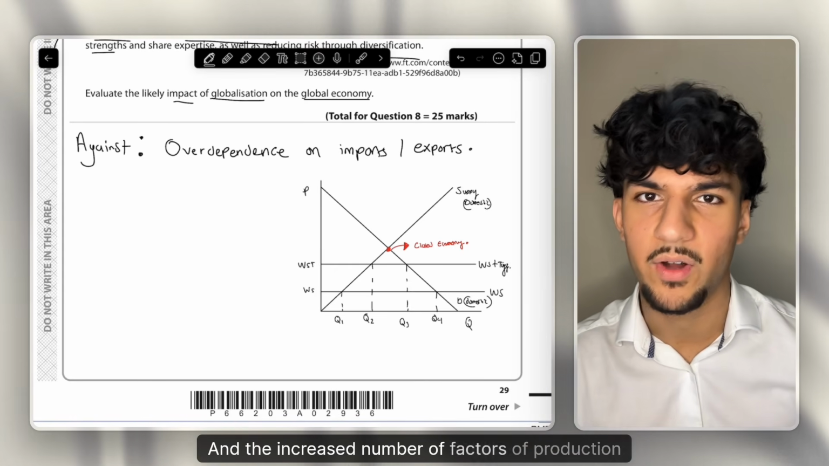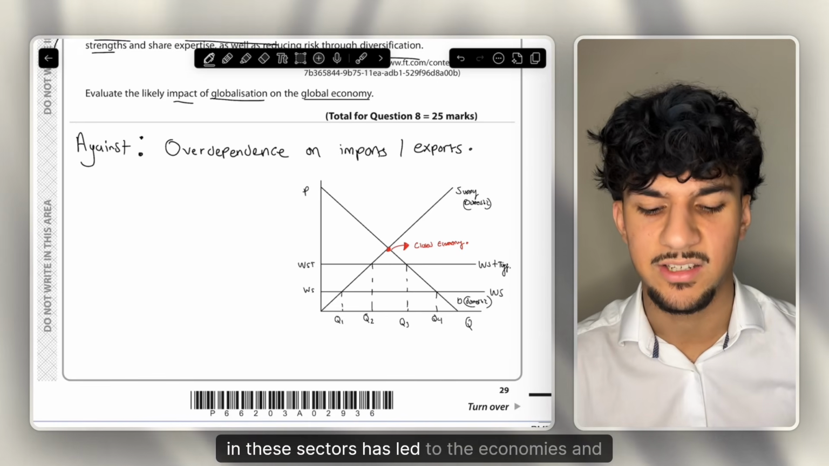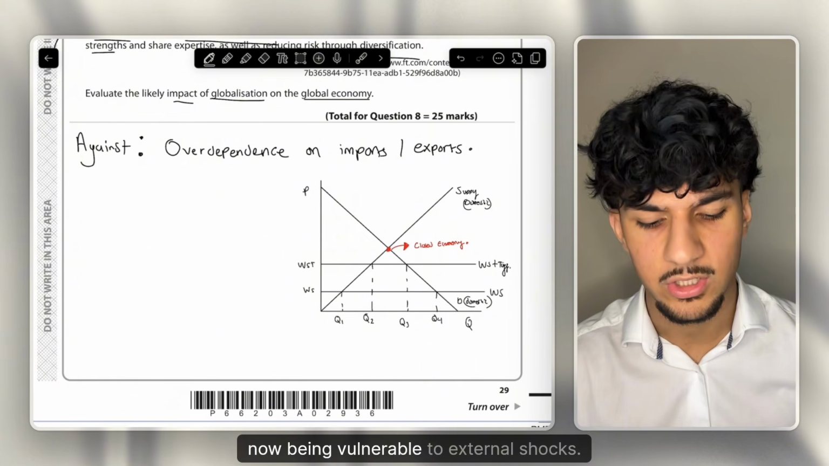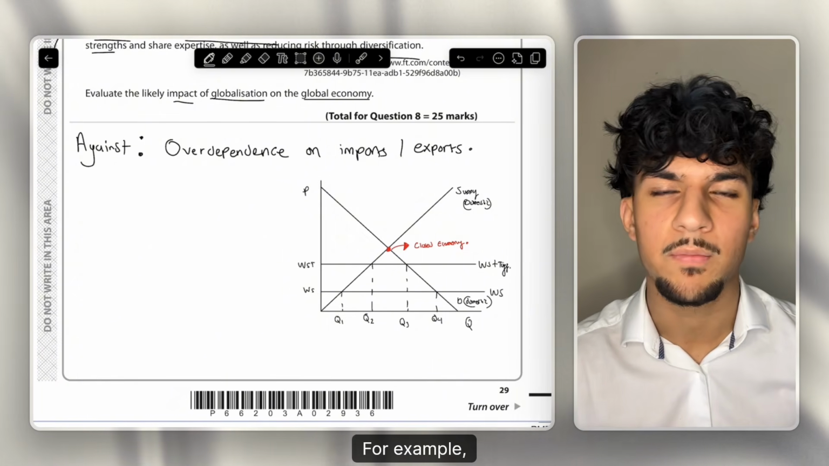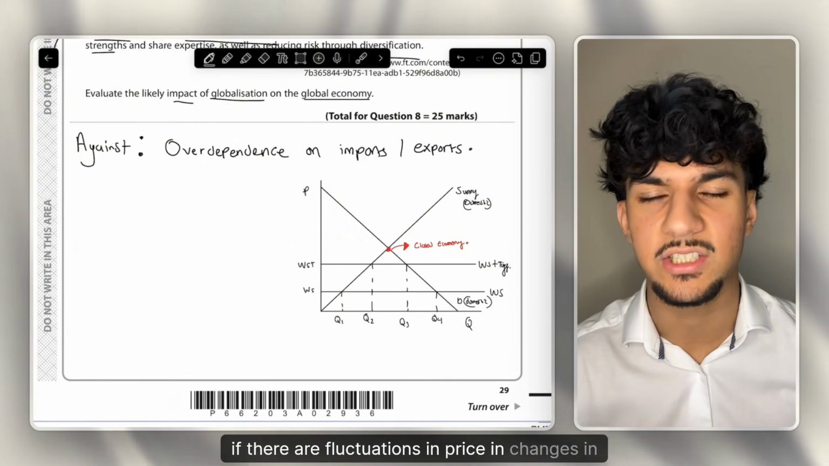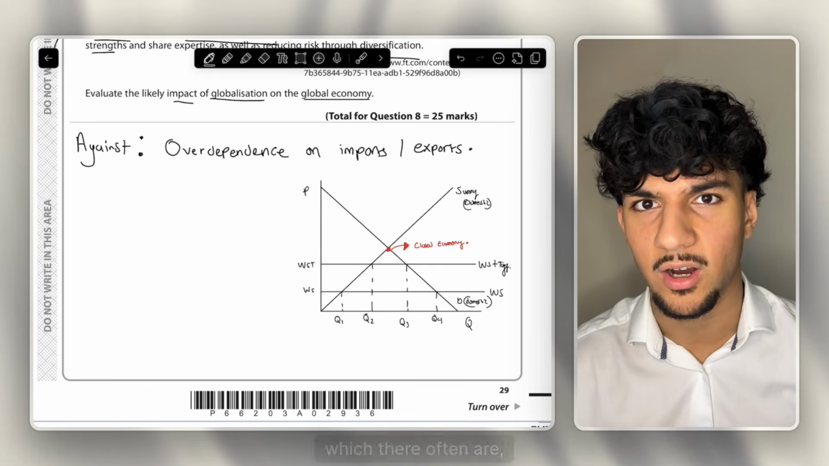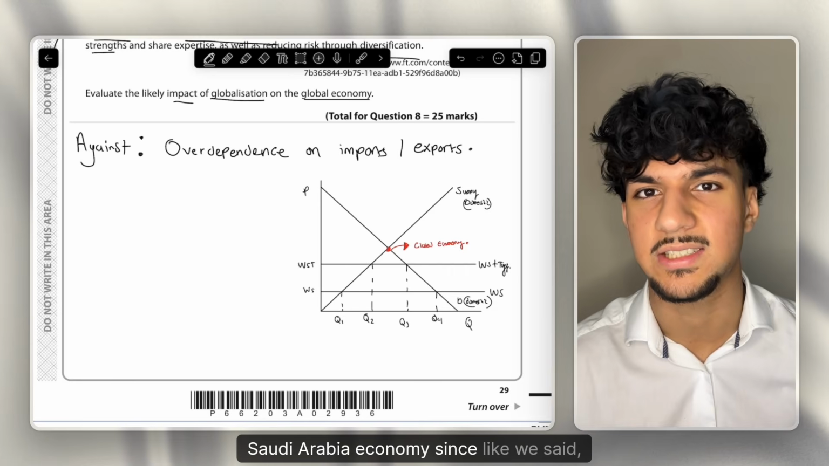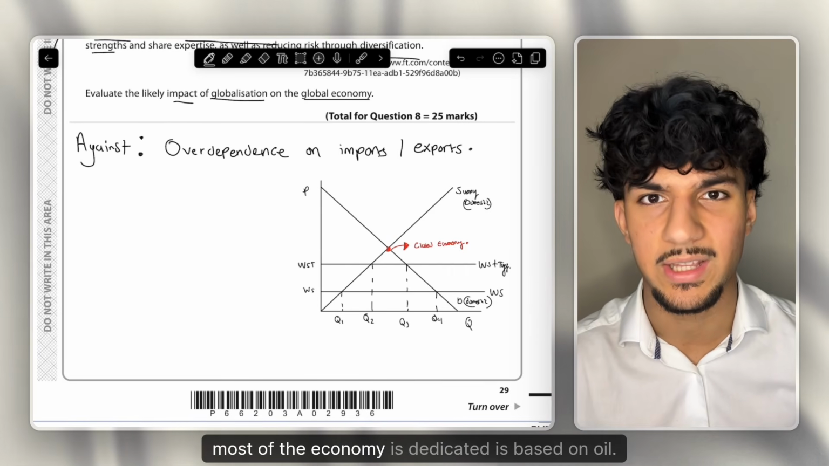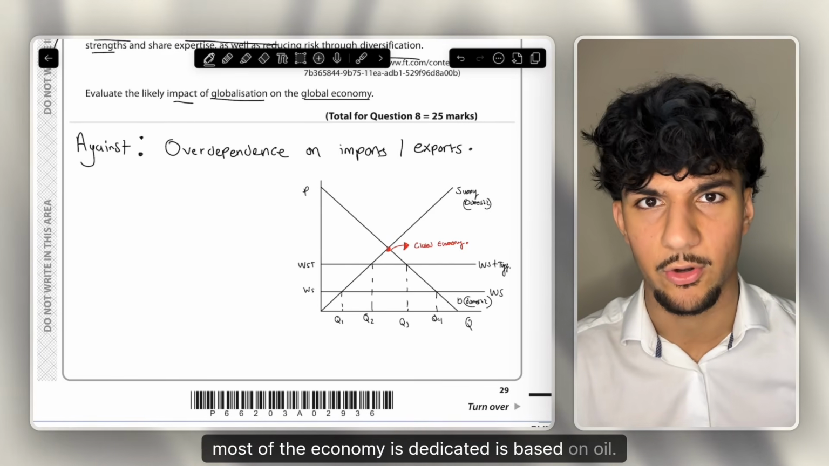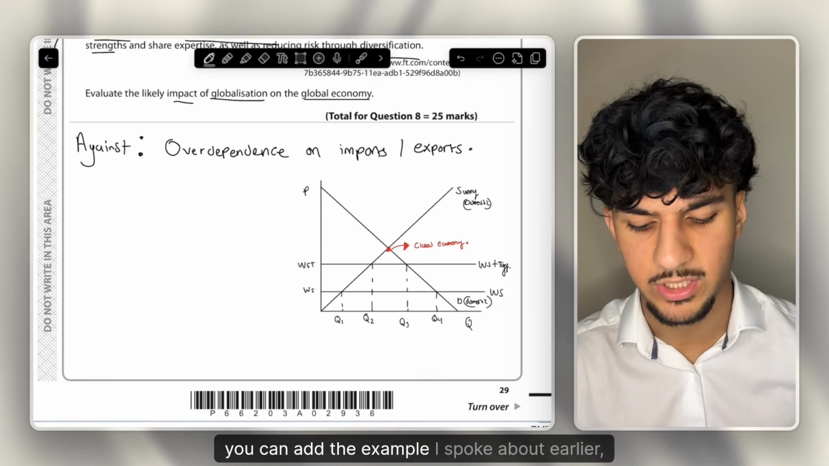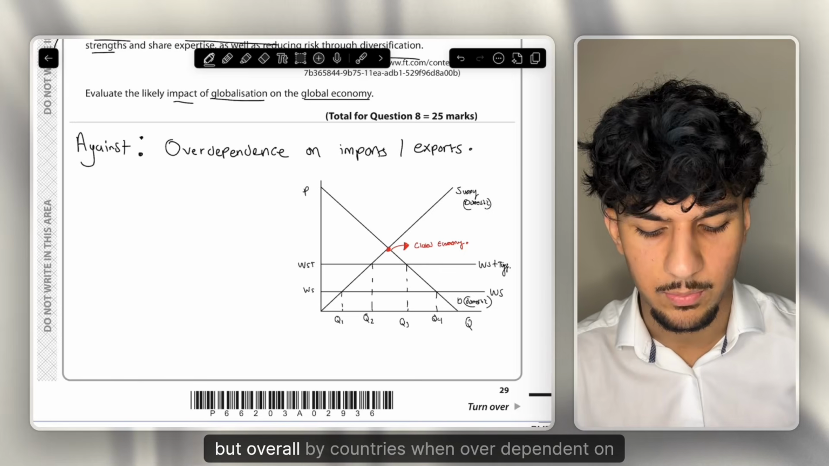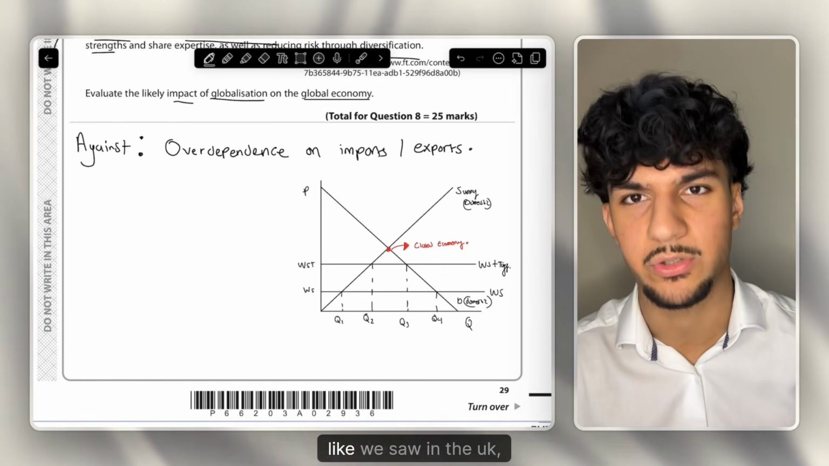And the increased number of factors of production in these sectors has led to different economies around the globe now being vulnerable to external shocks. For example, if there are fluctuations in the price of oil, which there often are, this leads to several fiscal problems for the Saudi Arabian economy, since, like we said, most of the economy is based on oil. And if you really want to, you can add the example I spoke about earlier, which is the Russian gas prices example as well. But overall, by countries becoming over-dependent on imports, like we saw in the UK, like we saw in Europe, due to the increase in gas prices,